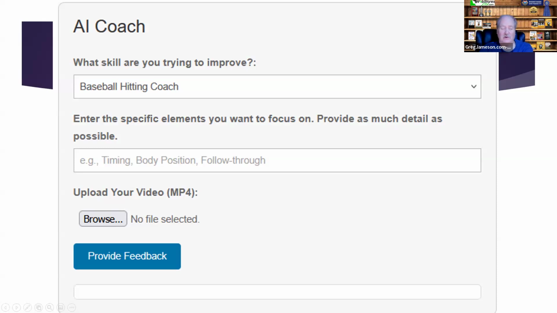So this is available 24/7. They can upload a video of themselves swinging the bat, and the AI will analyze their swing and give them suggestions on how they can improve their chances of hitting the ball.